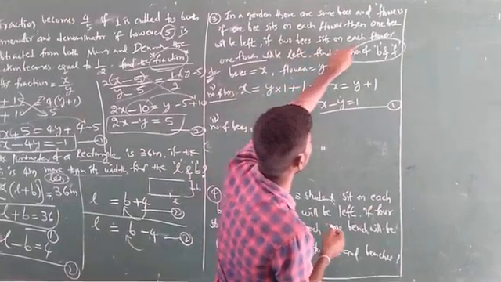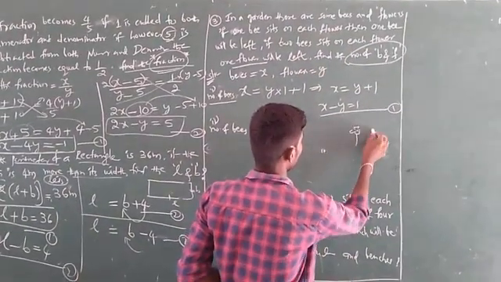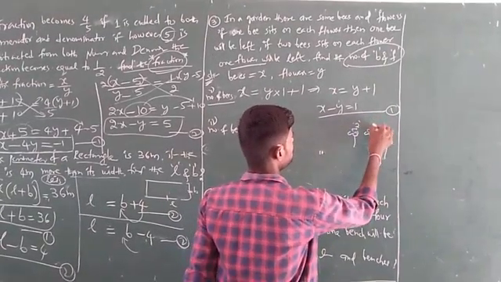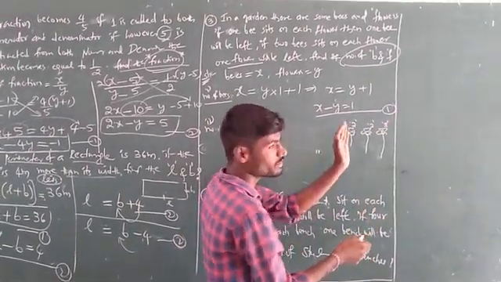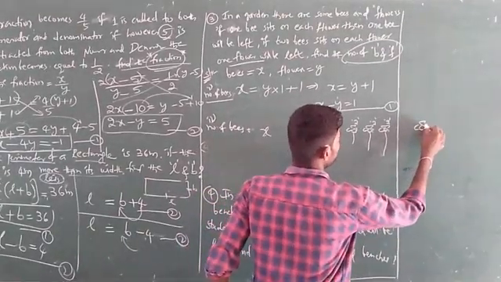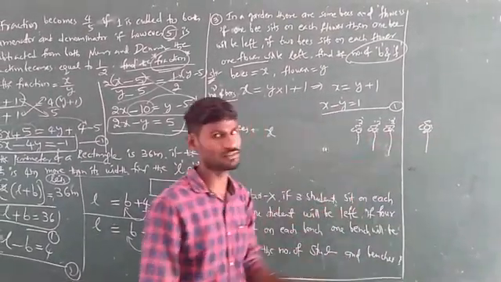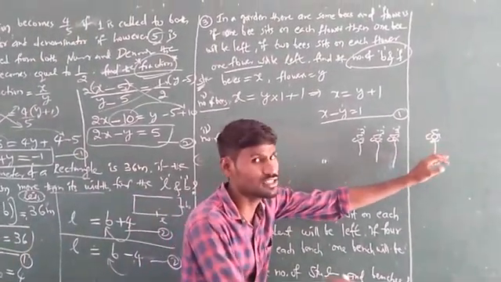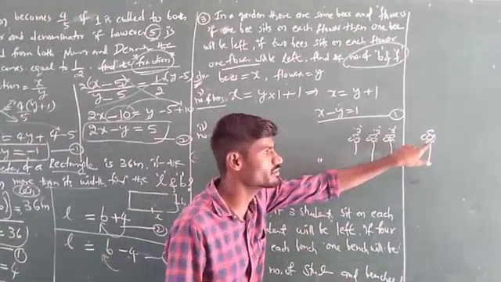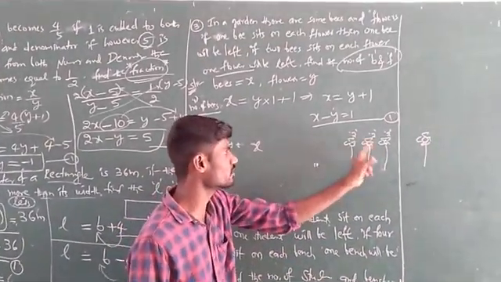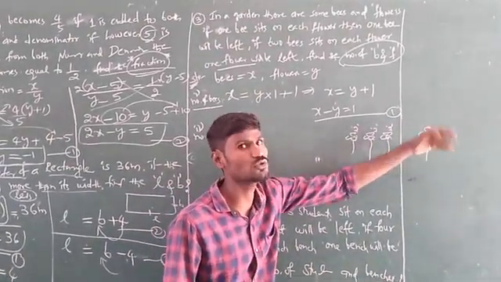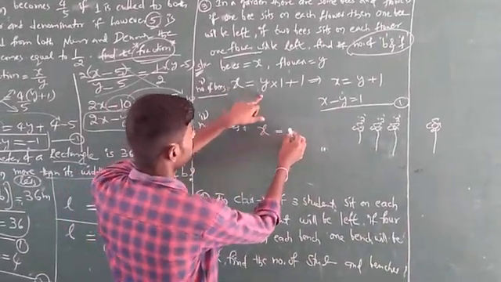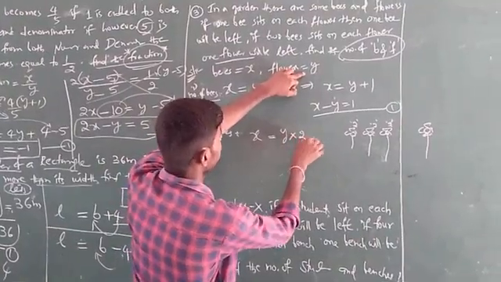2 bees sit on each flower. Suppose some flowers are there like this. So 2 bees sit on each flower. Even though 2 bees sit on each flower, one flower is left. But here the description is about the number of bees. Here this flower has to be converted into bees. How? This flower is equal to how many bees? Each flower equals 2 bees. This is also equal to 2 bees. One flower left here means the number of bees equals, on each flower 2 bees sitting.